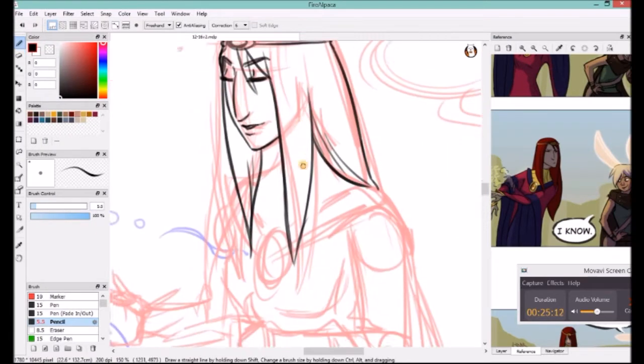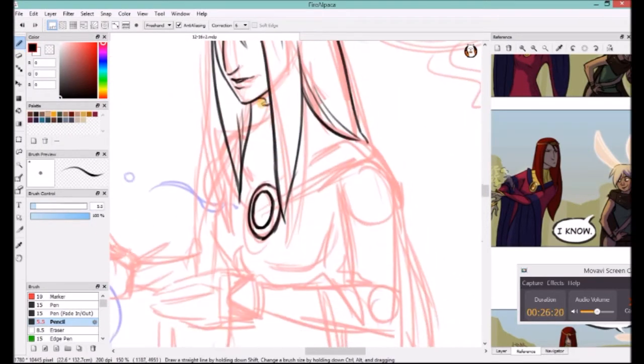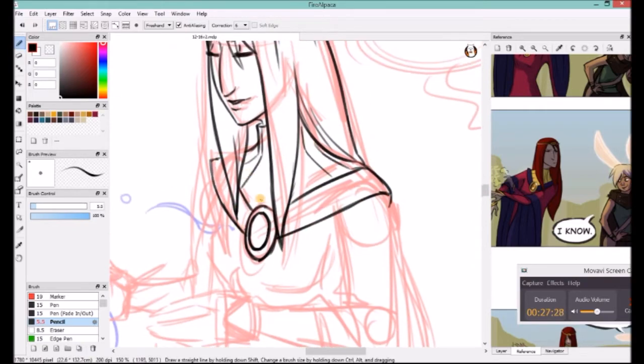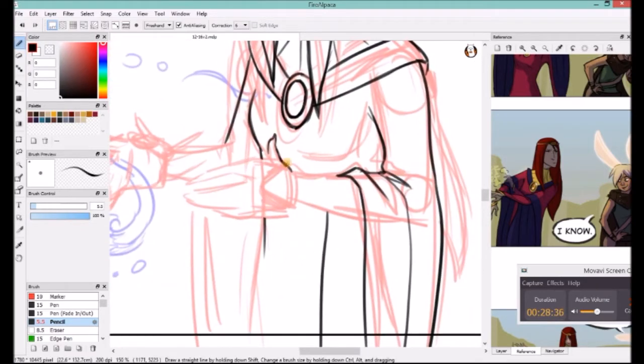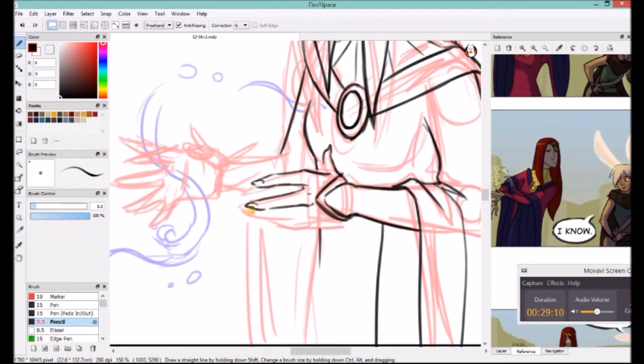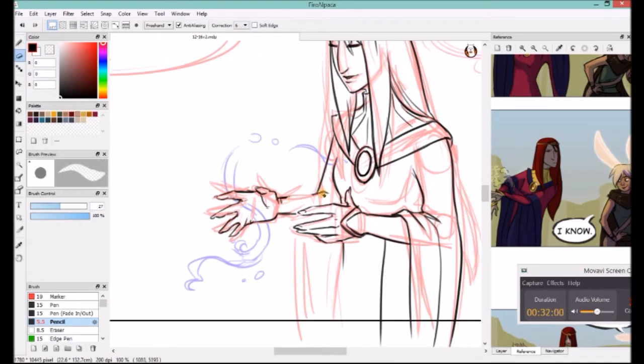It was kind of funny how in the sketch I got it in one pass and I was like, oh yes, perfect, that's her face. And then when it came to finalizing lines, like always, I had all kinds of troubles. Oh, these hands, gosh. I must have redone them like 7, 8, 10 times. It was her other hand that I didn't want to make the pose exactly the same as both of her hands, but